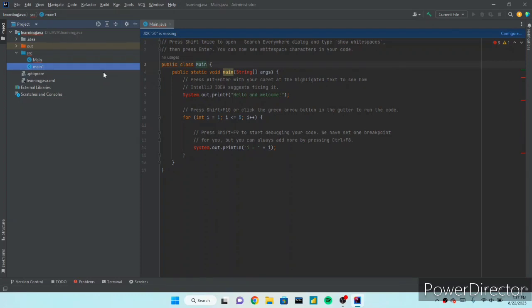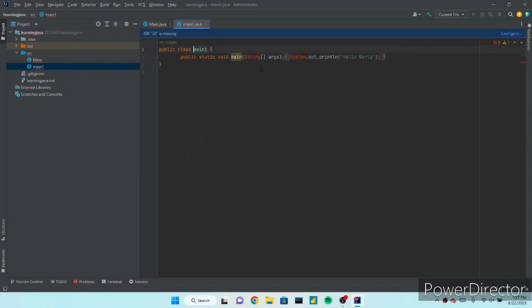So main.java is basically a file where you will write your Java programs. When you create your new project, it will offer you a default template that is used to give you a brief idea about your Java program.